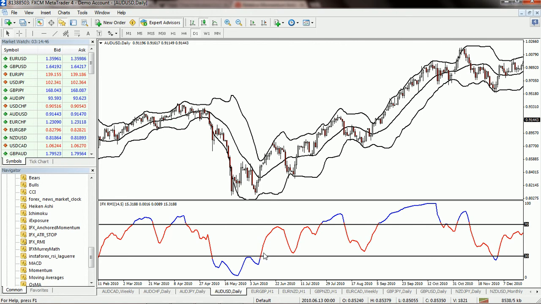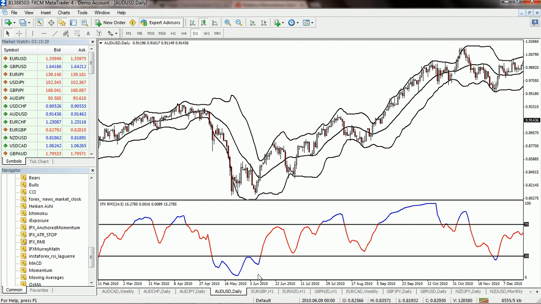And the second point is this indicator can be used to identify chart patterns like flags, triangles, and head and shoulders. Using this indicator you can identify those kinds of chart patterns and trade forex. For example, if you see here, this is a head and shoulders pattern. These are the two shoulders here, and this is the head. So you can use this indicator to identify these chart patterns and enter trades.